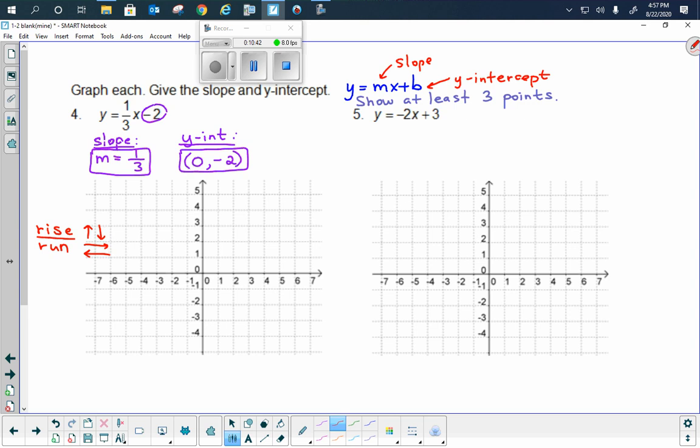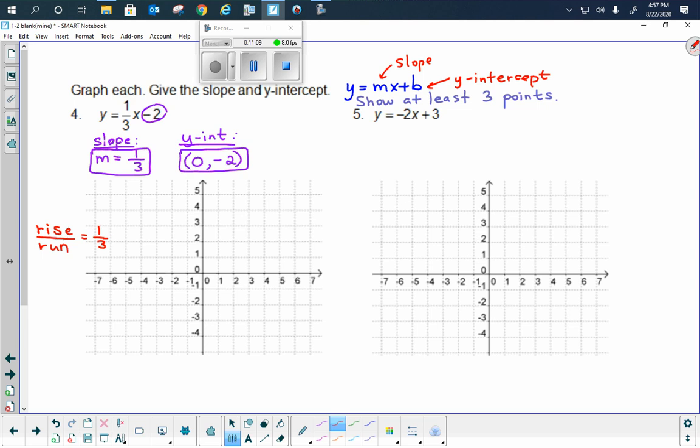So really, when you're talking to me about this, a lot of people say up and over or down and over. Well, the over part, you really need to specify, are we talking about left or right when you're trying to help somebody with this? So if my slope then is 1/3, I like to say that I know